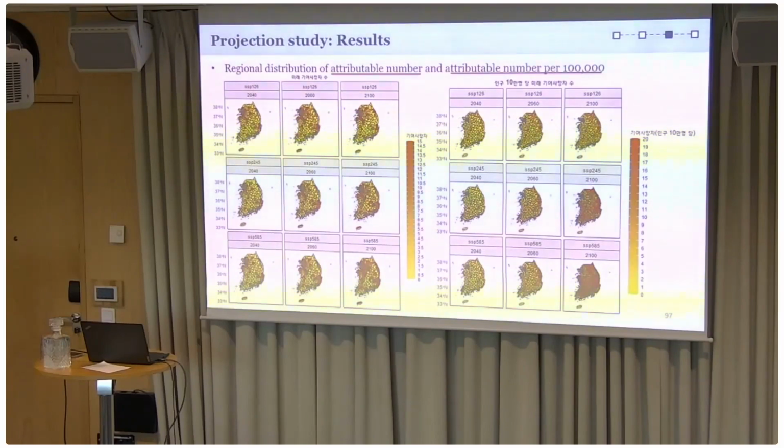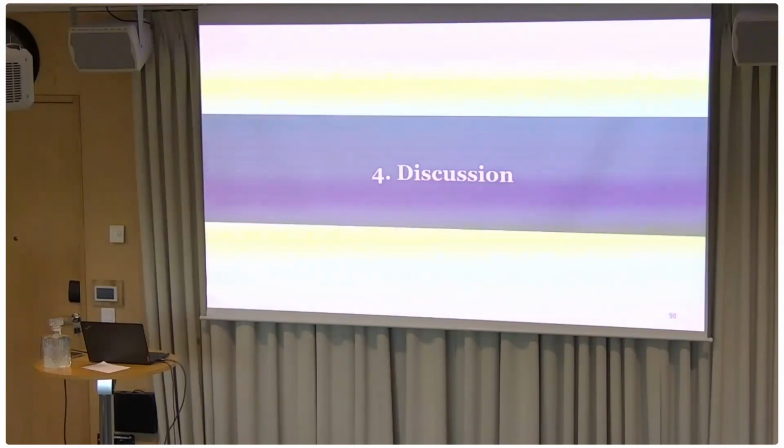And this is the actual number and the relative rate. As you can see, the actual number is much higher in the metropolitan area. But if you see the relative rate, this is opposite. The rural area has a much higher rate, which is understandable. But for the communication, this has very different approaches. So which number is more important, especially for the local? It's not an easy question to answer, I think.